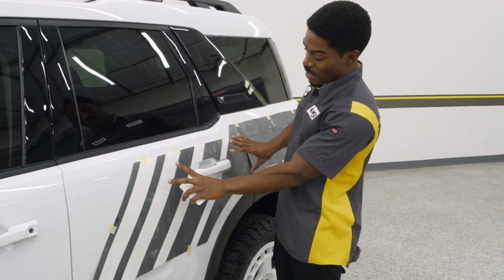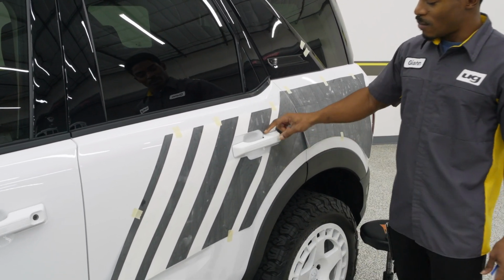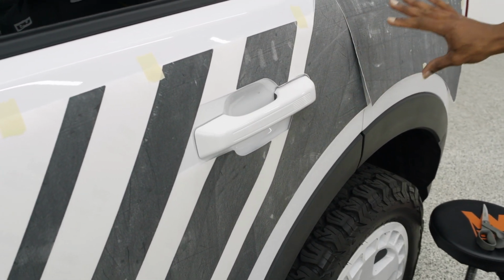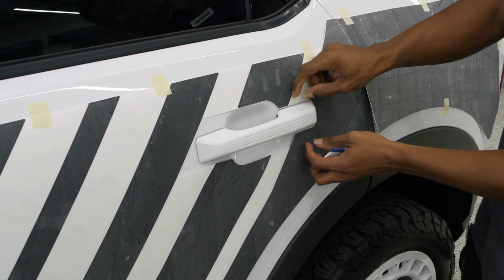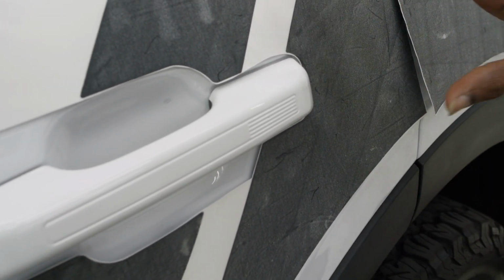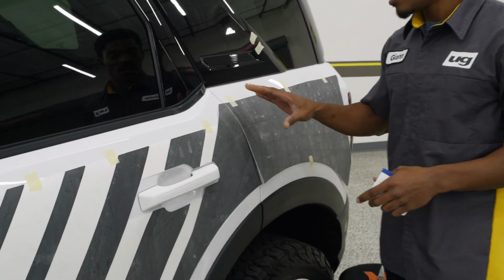Now, first, I did go ahead and place the door here. That is because it has a cutout for the door handle. You definitely want to make sure that is lined up before you get to the quarter panel. Once you're happy with your placement for that door handle, you should have about the same amount of paint showing on the top and the bottom on that handle. Once that is set and it is to your liking, you can move on to the